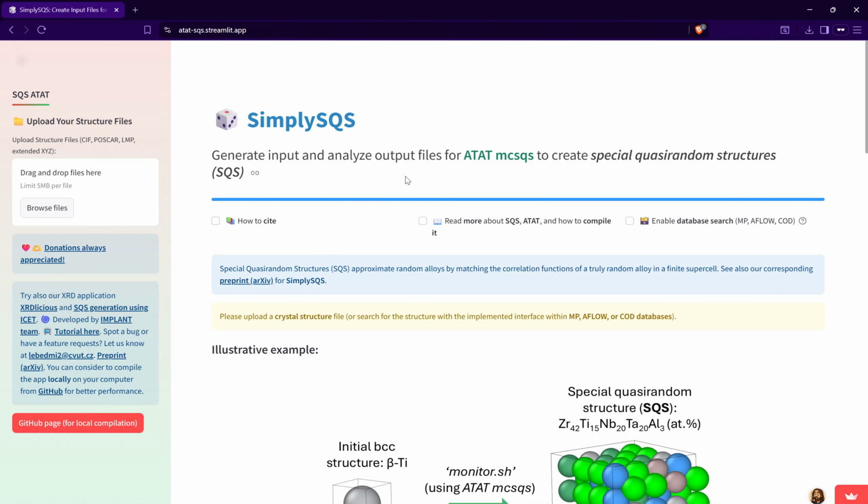In this short tutorial, I will show how to quickly prepare a special quasi-random structure for certain BCC high-entropy alloy using ATAT mcsqs module with input files generated by SimplySQS interactive online interface. So let's start. First you need to navigate to this website, or you can just simply write simplysqs.com and